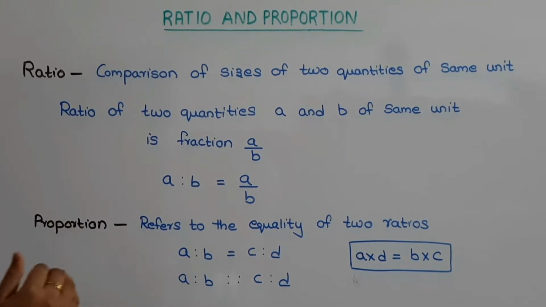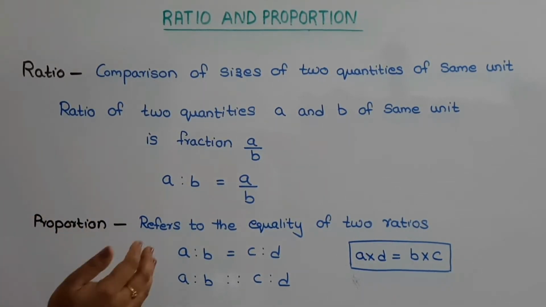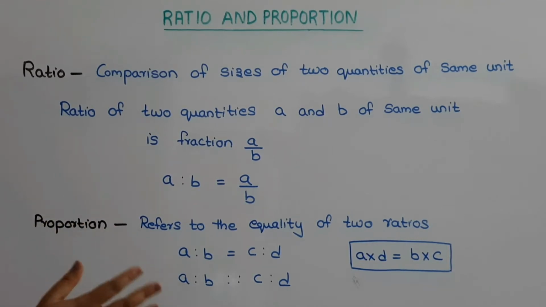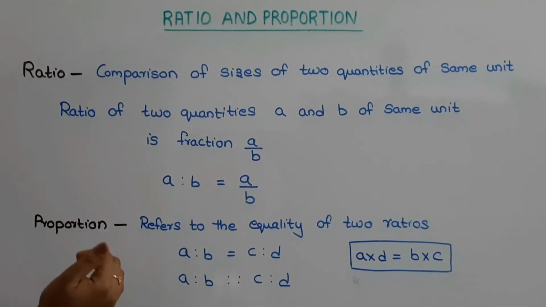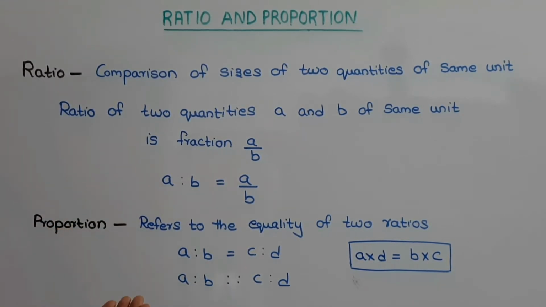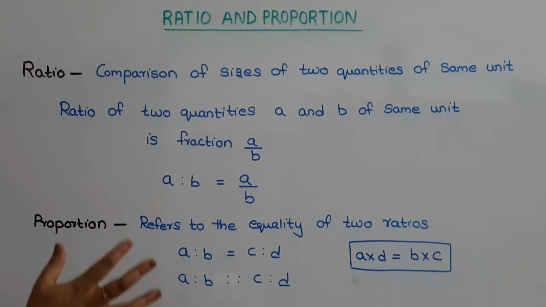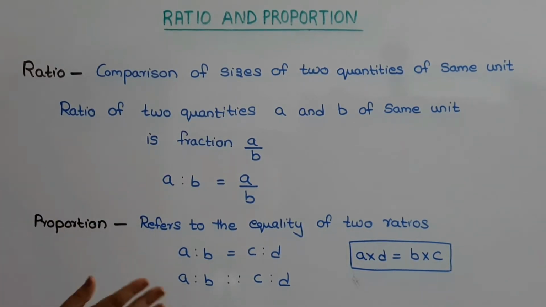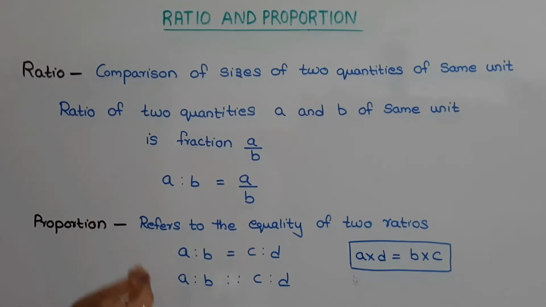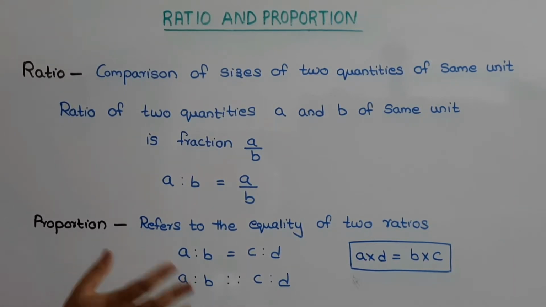In this episode, we are going to start a new topic, that is ratio and proportion. Ratio and proportion is a very important topic in quantitative aptitude because the methods which we are using here to solve the problems are used in almost all topics of quantitative aptitude. If you are perfect in this topic, all other topics will be easy for you to understand. So let us start with a brief description of some of the terms that are present in this topic.